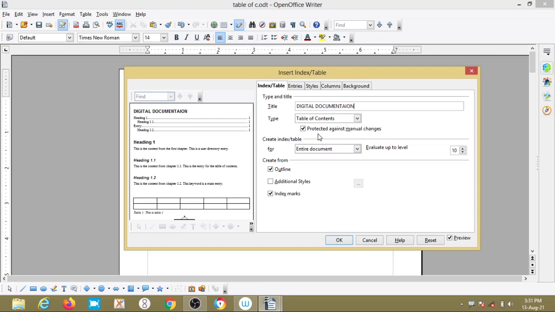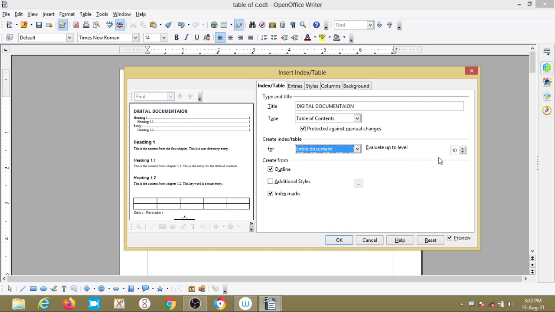If I select protected against manual changes, it means we can't change anything here manually, we can't write anything in the index table of contents. Okay, then create index table for entire document. Yes, I want the entire document, so I am selecting this.